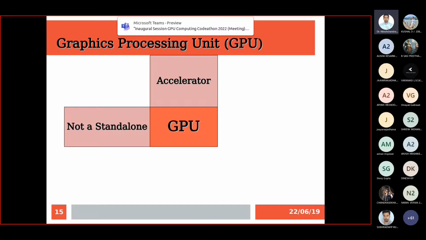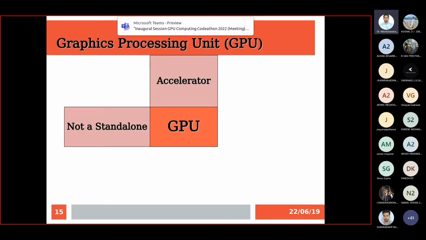Now, another set of applications. Let's say most of you are already working in fields like deep learning, where you want to perform training on different models. Let's say your data set itself is in terabytes, and your network has millions of parameters to be updated. In this case, a CPU is not going to be sufficient. If you try to train such a deep learning model on a less powerful CPU, it will definitely take a significant amount of time. It may take 10 to 20 days to train a particular model.